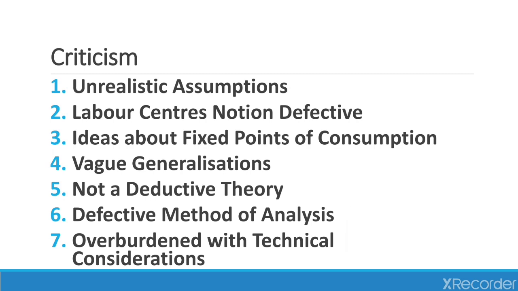Vague generalization. Weber, while explaining his theory of industrial location, has introduced and relied on certain vague generalizations. He has given no due place to non-economic factors of industrial location, which play a big role in this regard. Who can deny there are certain historical and social factors which go a long way while deciding the location of industries? But he has completely ignored them, which has made the theory very unrealistic, not a deductive theory.